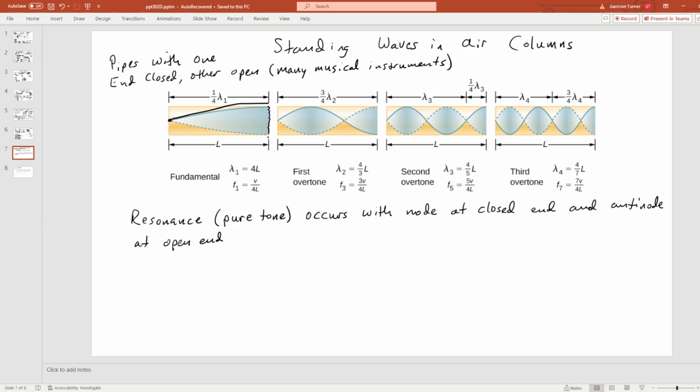So some of the wave is transmitted into the air, and that's what we hear as the sound, but some of it is then reflected back